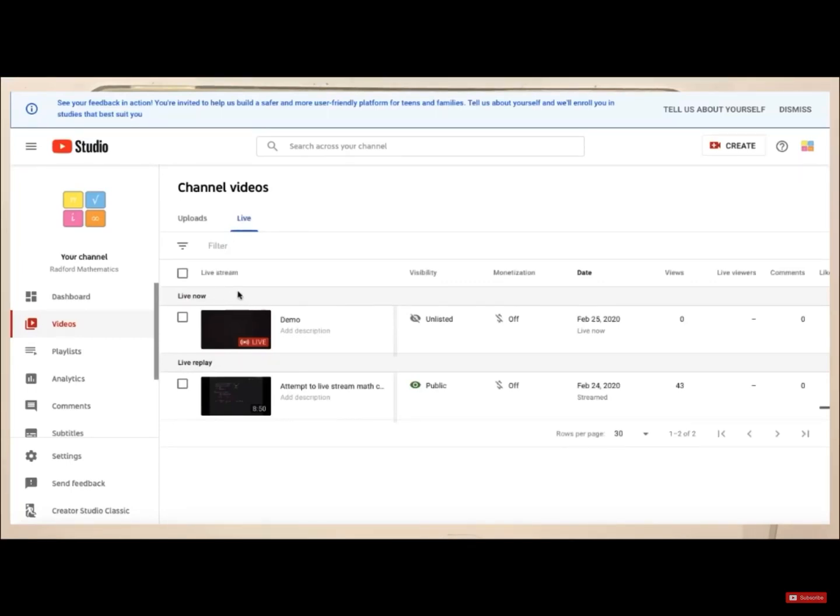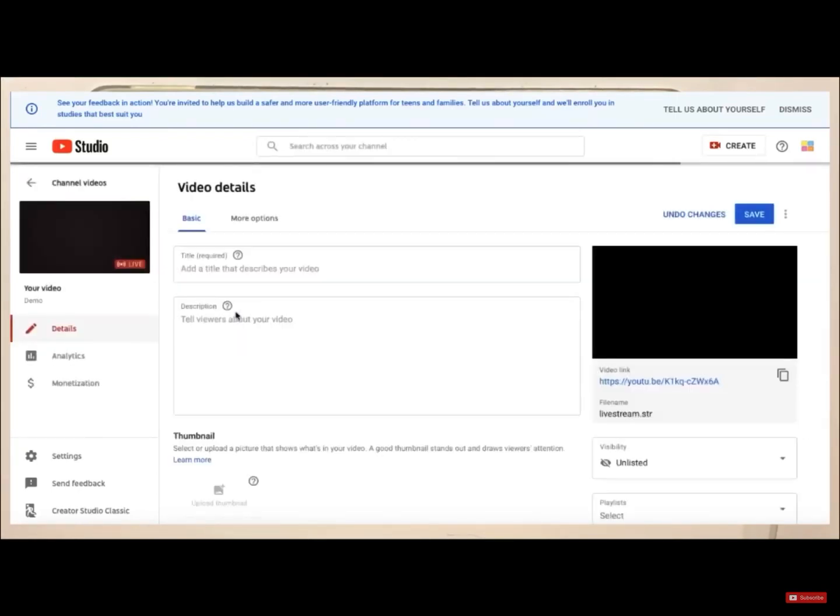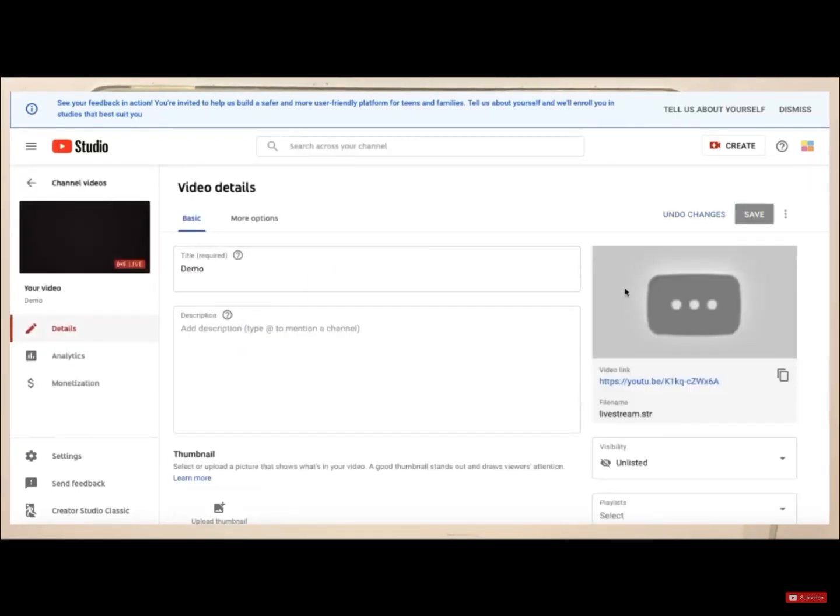Now here, this video, remember, I called it Demo, and that's the one we see right here. And we have this little red icon saying Live. Now if I click on that video, on the far right-hand side now, I can actually see the link to the video, and I even have a button here which will allow me to copy that link onto my clipboard